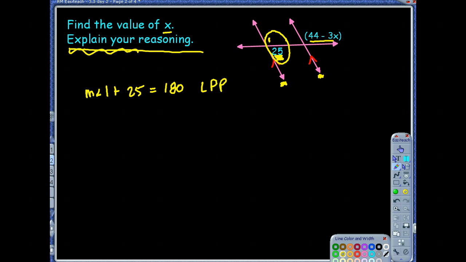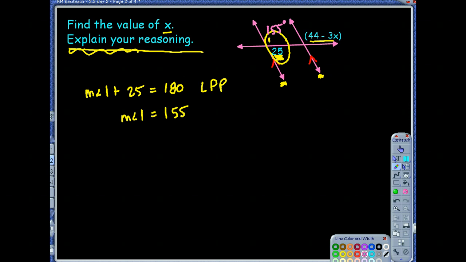Right. Or the value of angle, for a value of x. So angle 1 ends up being 155. All right, so I'm going to go back to the picture, and I'm going to put that, this is 155 degrees. All right, now going with what you were saying, Mrs. Hograby, you were saying this 155